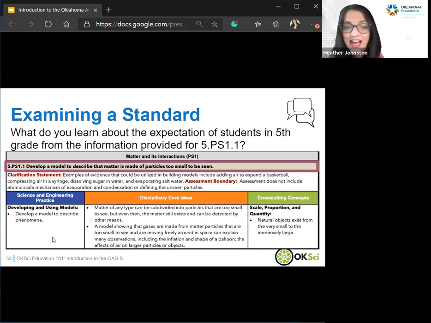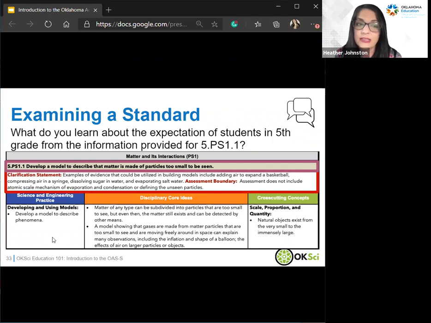Okay, that's all right. Just in case, because I know sometimes we get shy, I did start highlighting the different boxes that we discussed earlier. So in this first box, if I was examining it, I would know that this is my performance expectation. By the time I am done teaching a unit for physical science in 5th grade, my student should be able to develop a model that describes that matter is made of particles too small to be seen. So they should be able to draw a picture and show me that. And so I know that at the end of the unit, that is what they should be able to do.